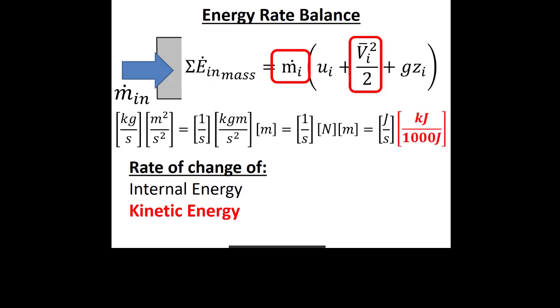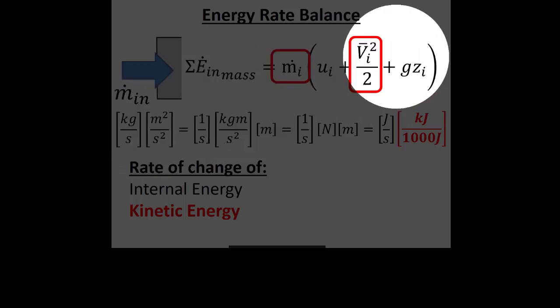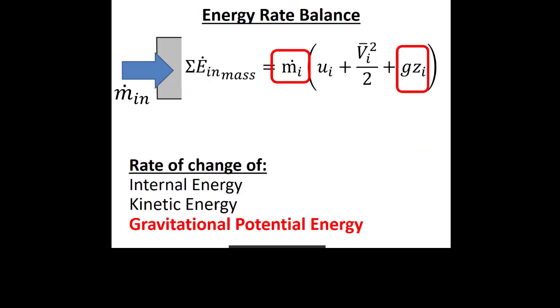But typically, if this kinetic energy term sticks around, we're going to divide by 1,000 if it's metric, because probably our velocity will be in meters per second and not kilometers per second. And I guess even that would be messed up. So we have to carry our units basically anytime kinetic or potential energies stick around.